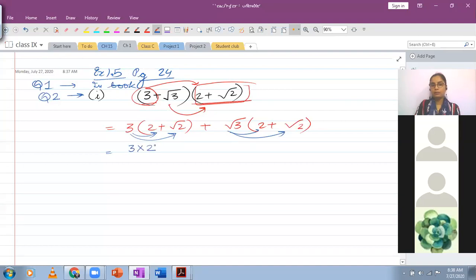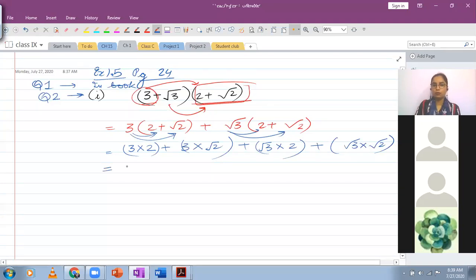So we will have 3 multiplied by 2, the first product, then 3 multiplied by root 2, the second product. From the second term, root 3 multiplied with 2, then we have root 3 multiplied with root 2. Again, you can skip this step, you can write down the answer directly if you want. Anyone who wants to ask anything as such, कि हमने ये expression expand कैसे किया है? This is only expansion of multiplication. Anyone? All right. So now we are left with just the simplification part.